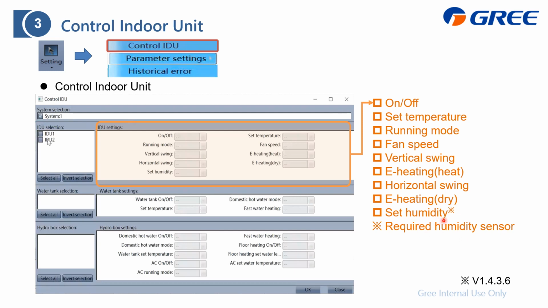You can find that this is very convenient for controlling the in.unit, which is very helpful when you do troubleshooting, as sometimes you need to make just one in.unit operate, and sometimes you need to make all in.units operate. From here, it is very convenient and easy.